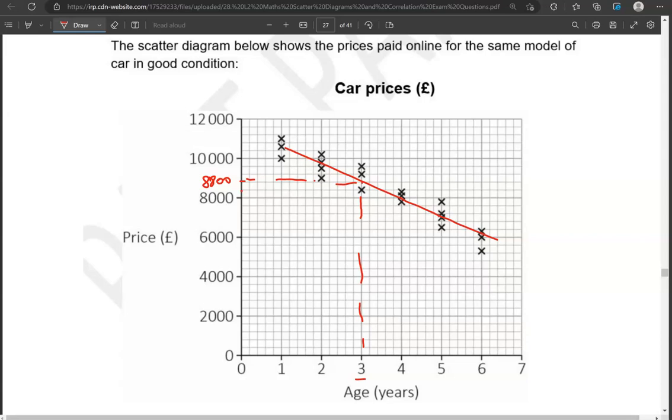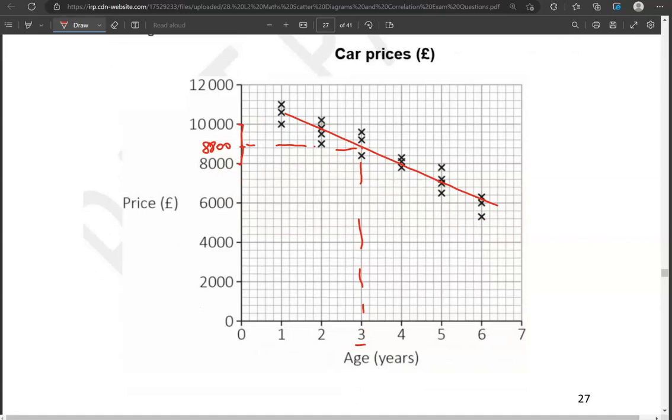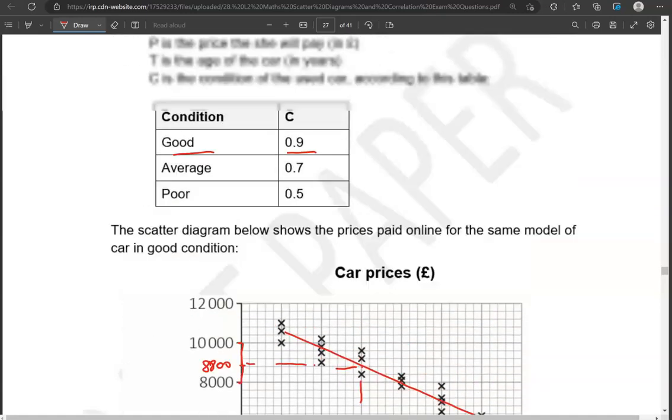How do you work that out? As you can see, this big square goes from 8,000 to 10,000, so there is a £2,000 step. So 2,000 divided by these 5 small squares gives us 400. So £8,800,